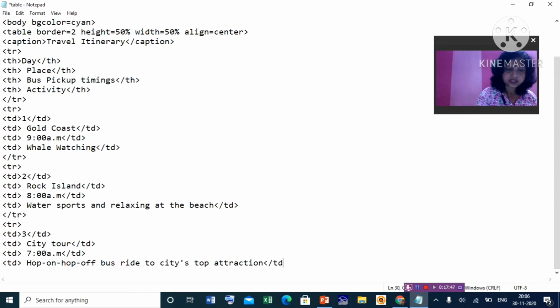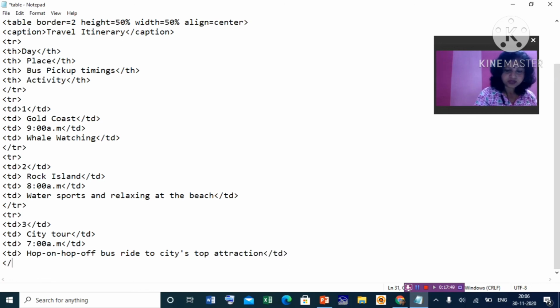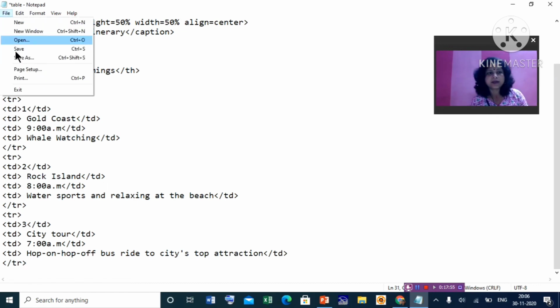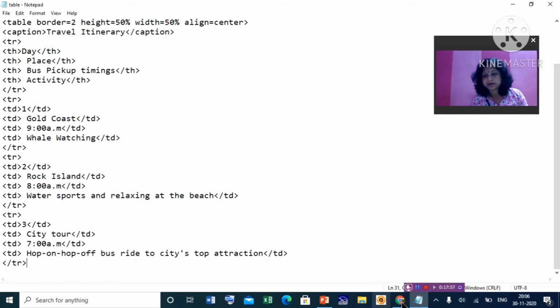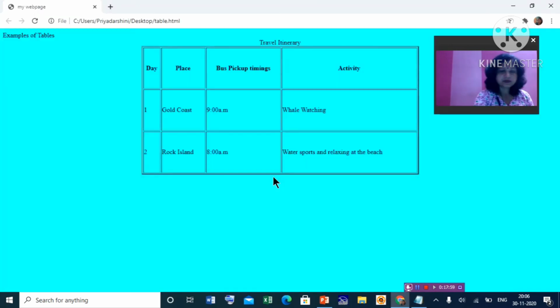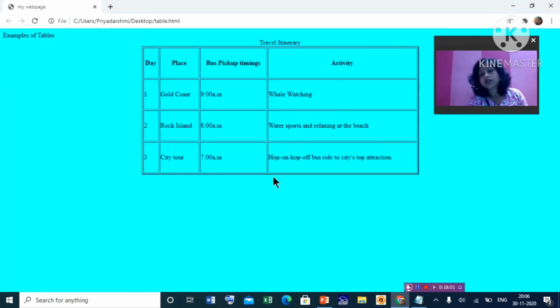Close this TD, then close TR. So now see all the rows of the table we have added one by one. All the rows are added to this table. A table is created row wise, so at the beginning of every row, TR will be there, then the whole data of that row, then you start the next row.